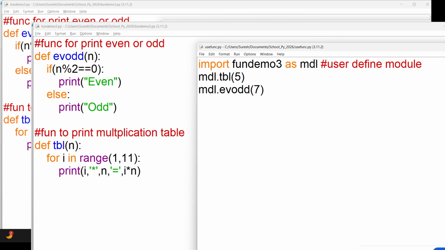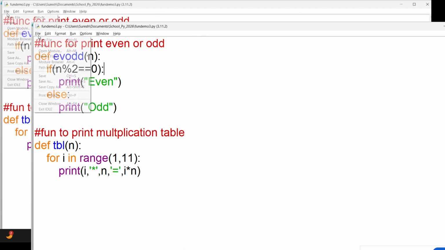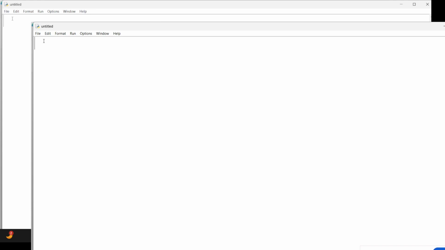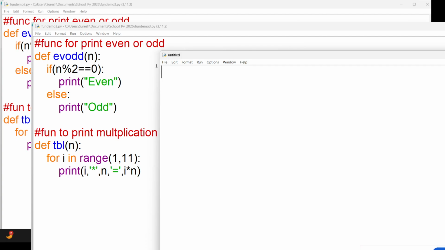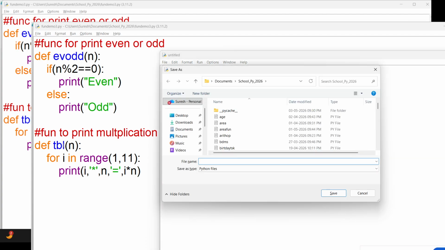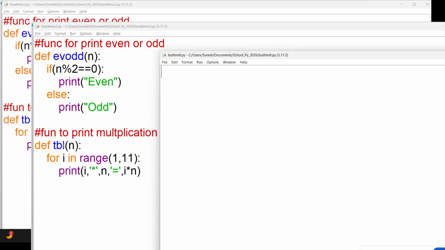And like that, there are many built-in modules. Many built-in modules means you can consider thousands of modules the Python has. Okay. For example, let me show you one of the modules. And now whenever I am importing something, in your mind it must be clear that the file contains many functions like the even or odd and like this. Suppose I do the built-in MDL.py, I'm importing math.